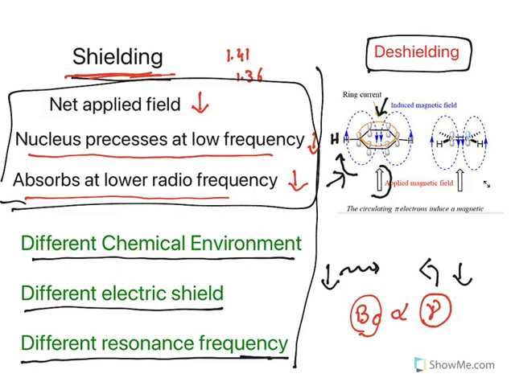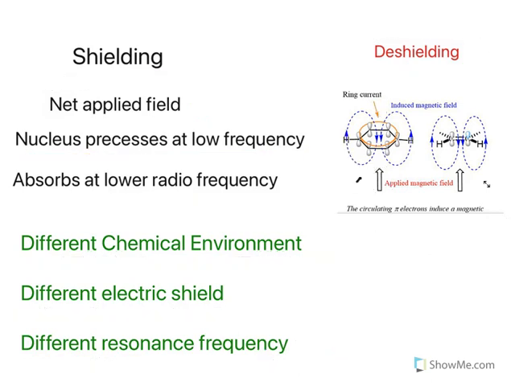You are applying the external field in this direction, and the induced pi electron field is also in this direction, and the protons are in this direction. What happens? It increases the net applied field. This is called de-shielding. That means you apply 1.41, it will be seen as 1.45 or something like that. Why? Because these induced currents are increasing this. See, it is going in this direction, you are applying in this direction.